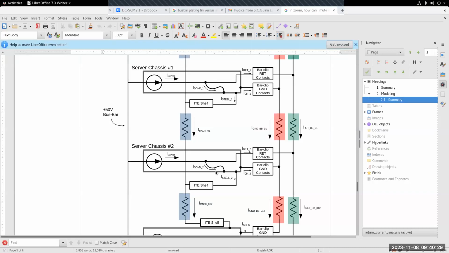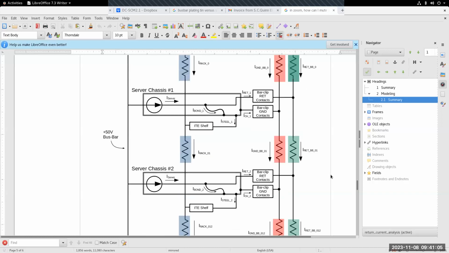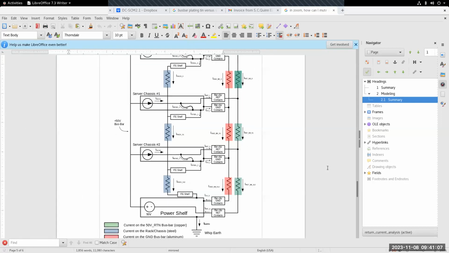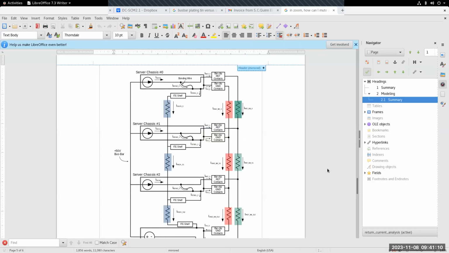So that's my idea. And all of this, I think, is the result of this unified grounding strategy where we're bonding return to chassis, which is a great idea in the sense that it'll let you use non-isolated DC to DC conversion coming in off the bus bars. You have one ground: the logic ground of the motherboard, the chassis ground and the 48-volt return are all one ground. It's not awesome in every way. There are other problems, but this problem that I've outlined here in particular is keeping me up at night, so I wanted to bring it to this forum and see what people think.